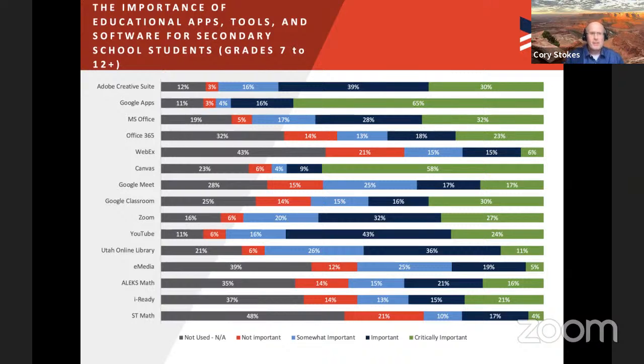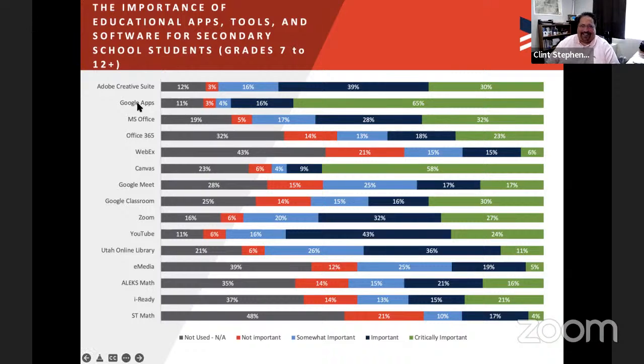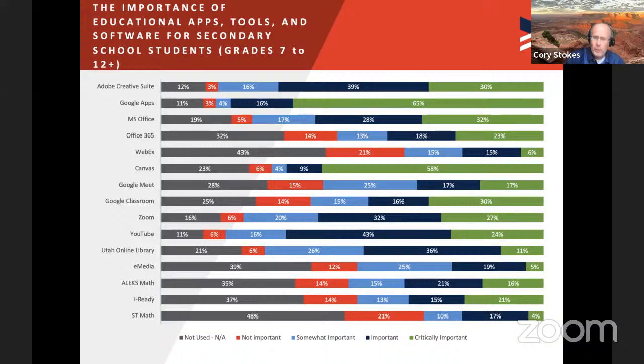Tell me what's interesting here on this. This is software tools use in the classroom. It's grades 7 to 12. What stands out here? I think there's some interesting data here. This doesn't surprise me at all. Doesn't surprise you at all. Google Apps and Canvas. That's what it's been most of my life working with. Yeah, that's it right there, right? You can see that's the most used, the most critically important, Canvas. I think that's great, and I hope you'll take a look at that data. I really like the way we've got these